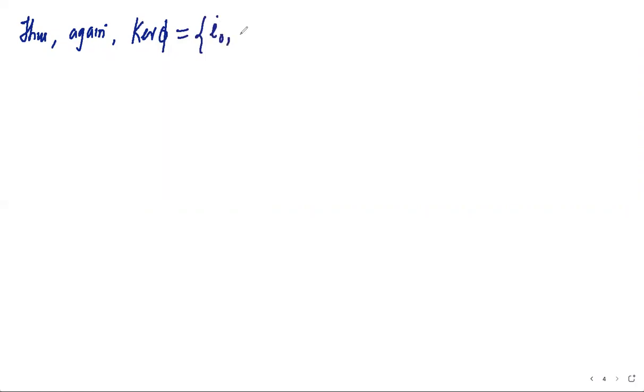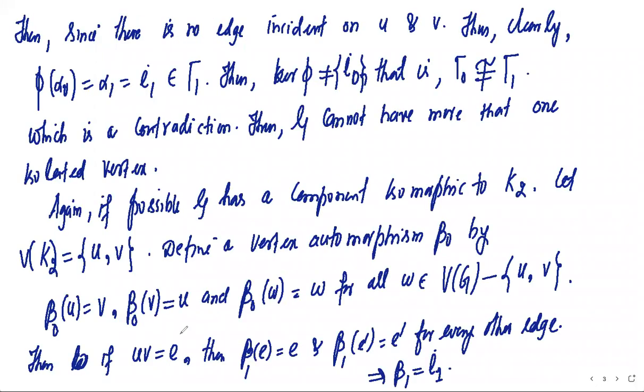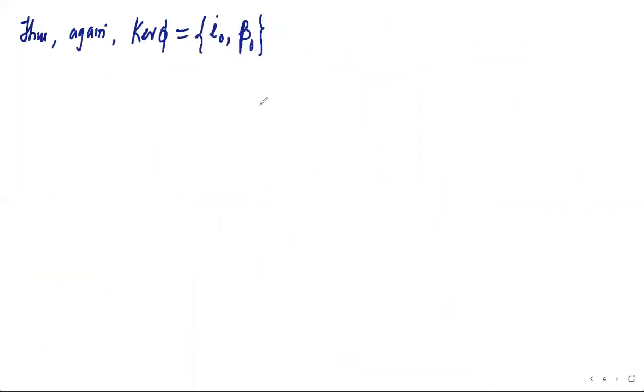I0, and this is the automorphism beta 0 that we defined there. So in this way, because the image of beta 0 is beta 1 which is an identity automorphism, and kernel, we know that it is a set of those elements of gamma 0 which are mapped into the identity automorphism. Now identity automorphism is clearly mapped into identity automorphism. Now this non-trivial beta 0 which was a non-trivial vertex automorphism on G, now it is again mapped into an identity automorphism. So therefore in this case kernel of phi contains these two elements. So which is a contradiction,